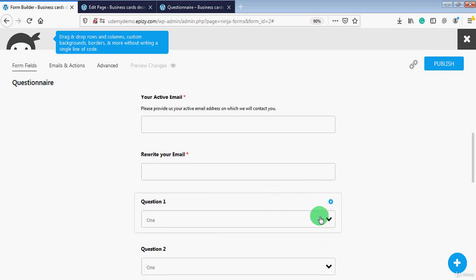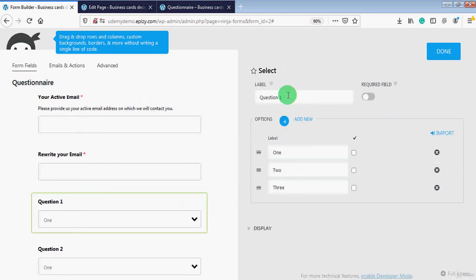Now you can also add drop down questions. If I click here, I will change the label to something like "which colors do you like for your business card", and then from here you can change the label. So I will remove this and I will write something like black, then for this one I will write white, then orange,